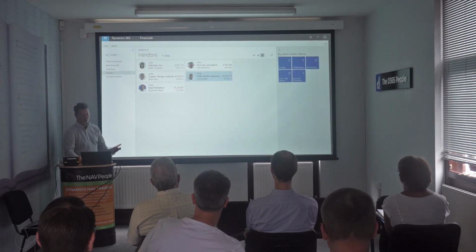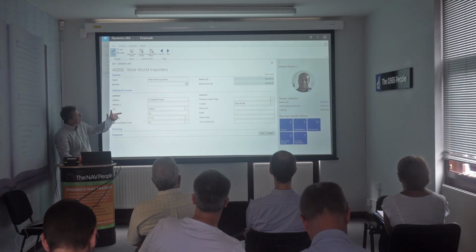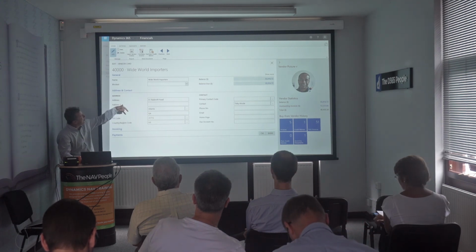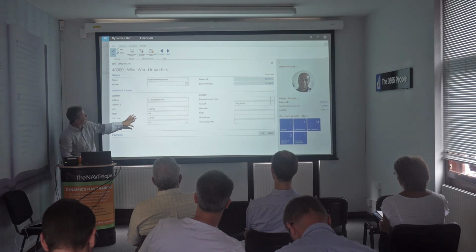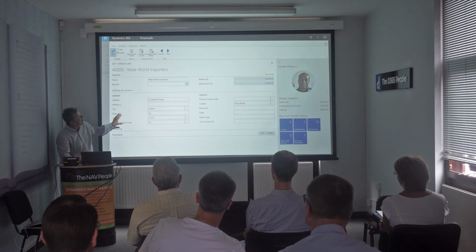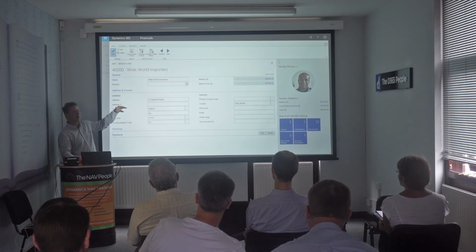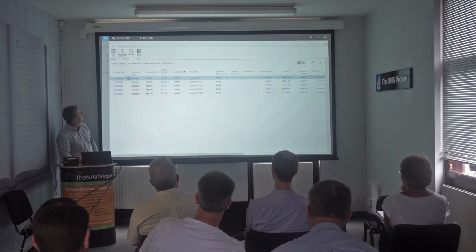As in just running through it, you've got similar things on vendors. What they've done a lot of is to simplify the screens. Address and contact is all in one tab now. The most obvious stuff, there's fewer tabs, so they're hiding a lot of the tabs that not many people use. It's much cleaner as an interface. It's exactly the same screens and information behind it as you have today, but instead of having lots of fields that people rarely use on the front tabs, they've tidied it up very nicely.